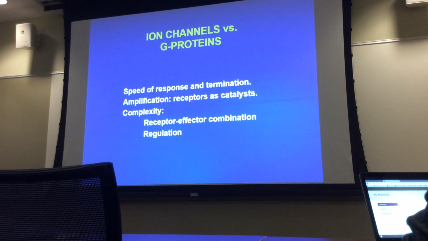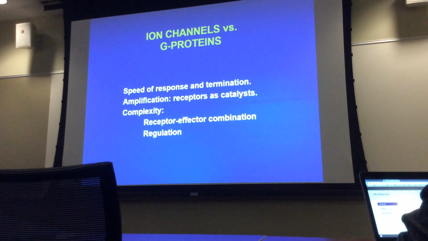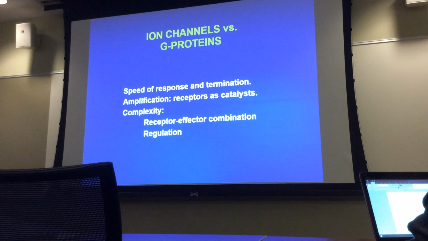But for both superfamilies, really the function of the receptor is to act as a catalyst for their agonist, whether it's a hormone or a neurotransmitter. And the way that works is in every case there's a point of amplification. The binding of one molecule of agonist, whether it's a drug agonist or a neurotransmitter, produces an amplification so that the signal response inside the cell is much greater than you would have predicted by simply binding one molecule of